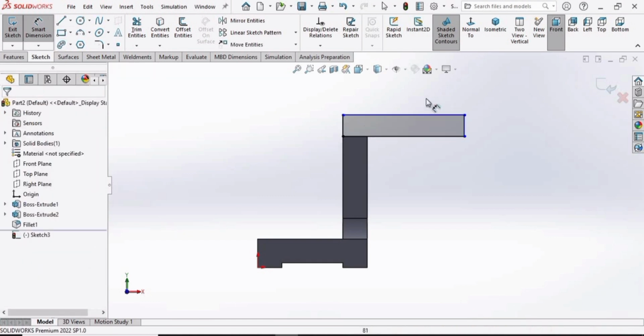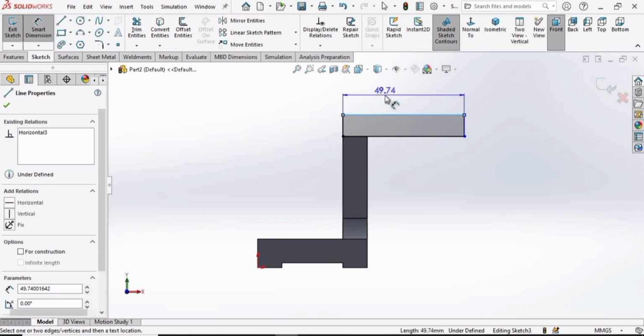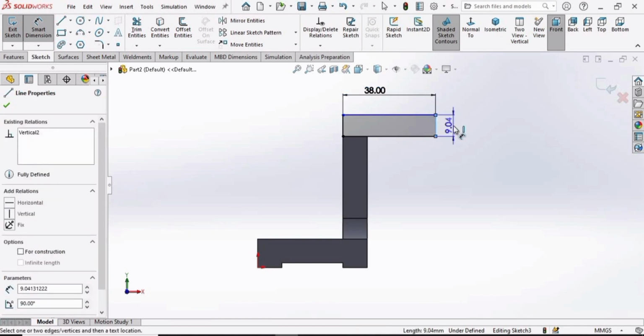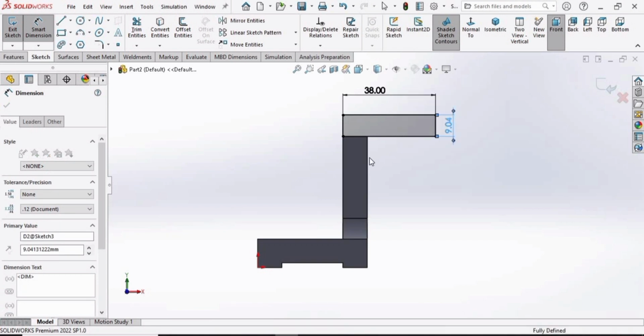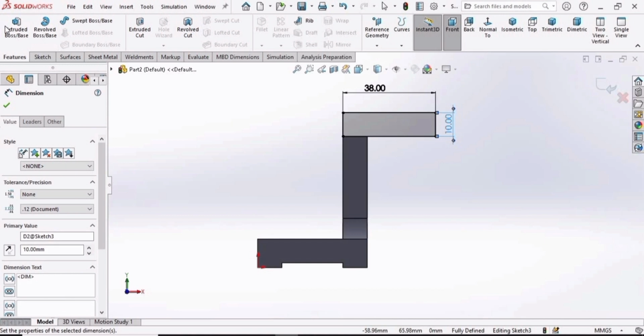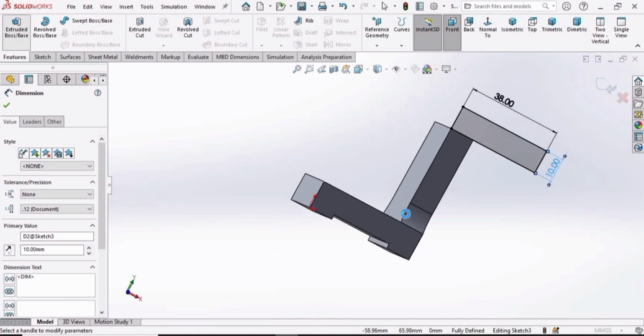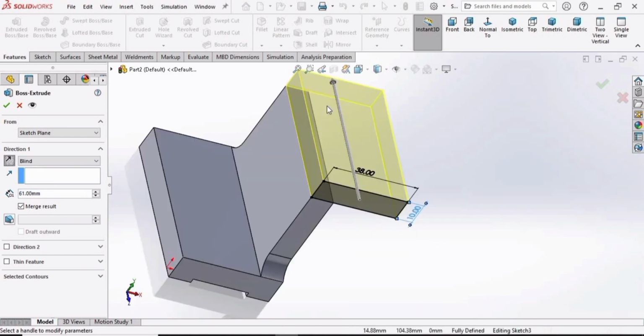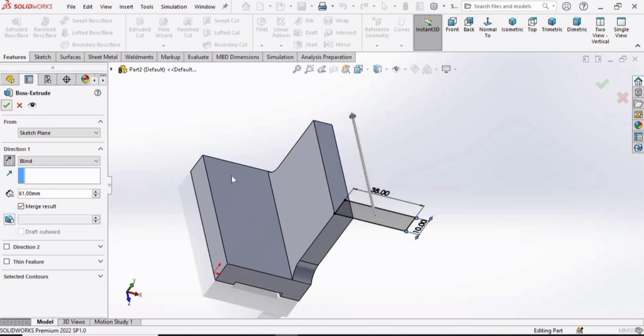Now specify the dimensions, so select this line and specify the dimension as 38 millimeter. Now select this line and specify 10 millimeter and now go to features and select extruded boss base and here change the direction of extrusion and specify 61 millimeter for the length of extrusion. Change direction from here and now check this box